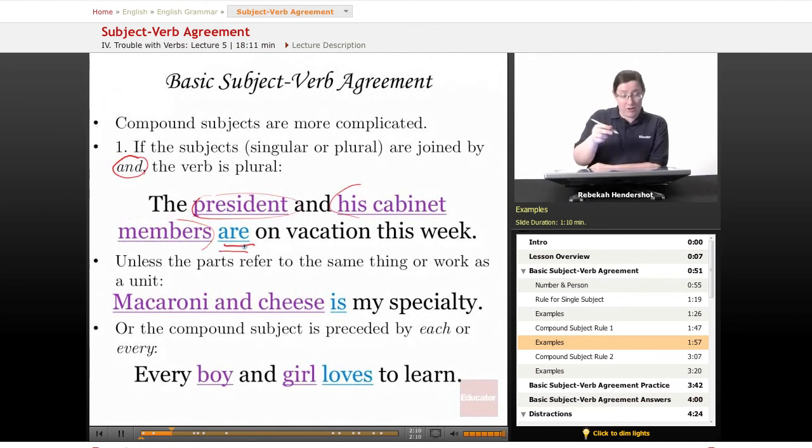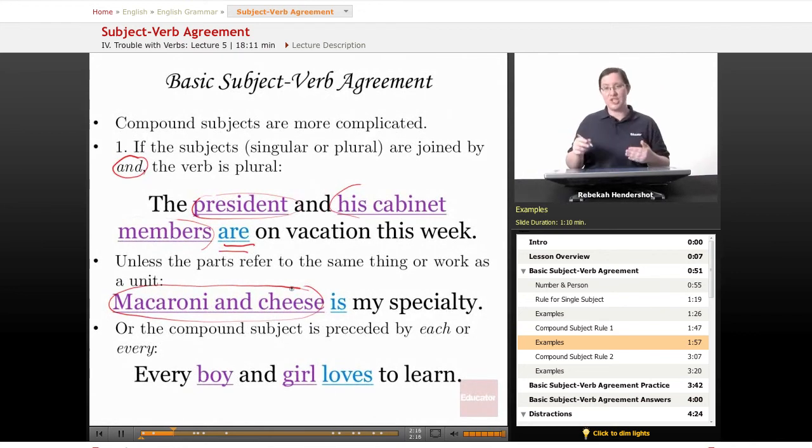Unless the parts refer to the same thing or work as a unit. The classic example of this is macaroni and cheese. Macaroni and cheese is my specialty. Now, if you said macaroni and cheese are my specialty, then you would be saying macaroni is my specialty and cheese is my specialty. Well, maybe if you're both a pasta maker and a dairyman, that would make sense, but